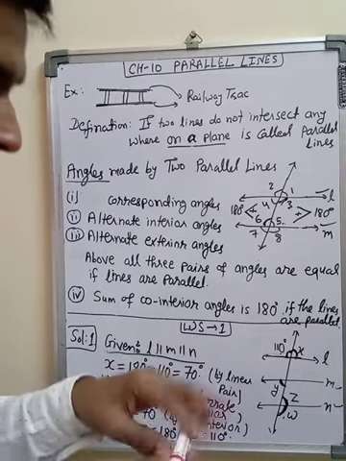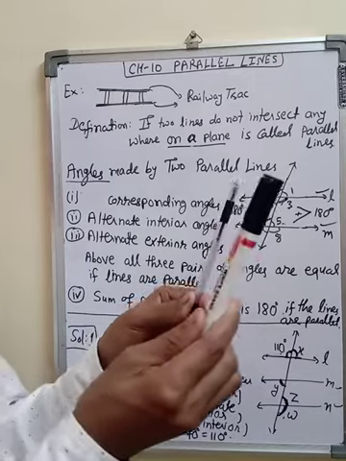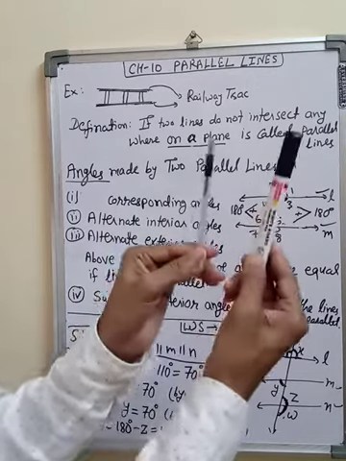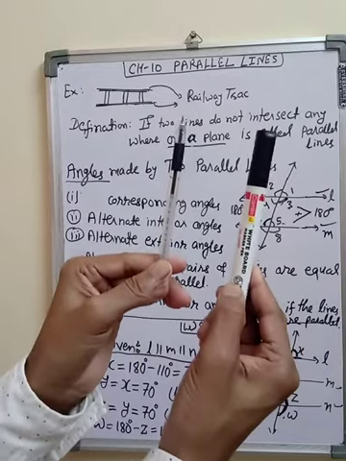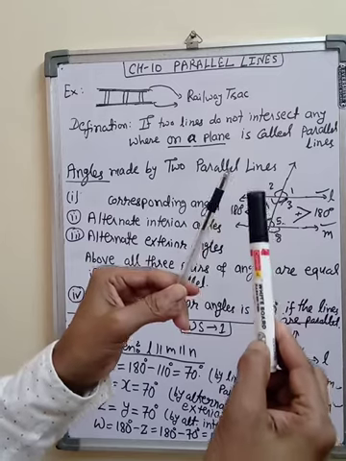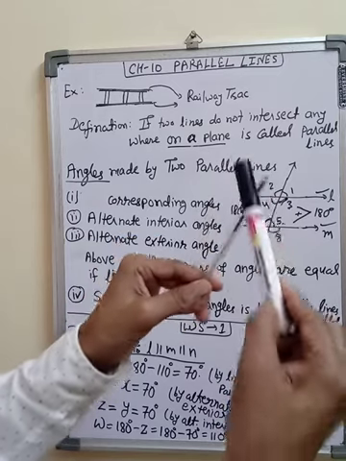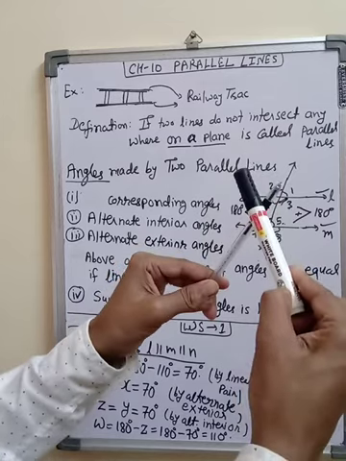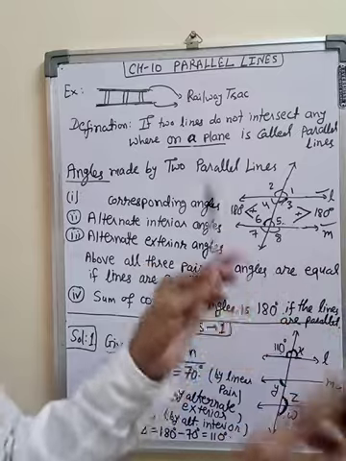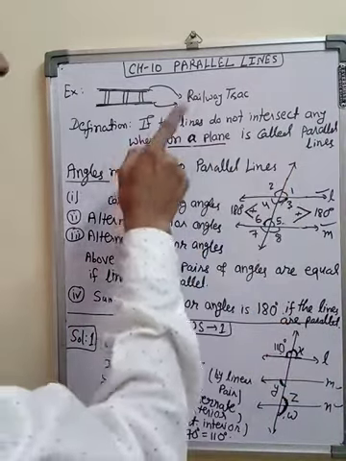You can see another example of this: this pen and this marker. These two are also parallel lines because when you extend them, they do not meet. Now see this situation: these are not parallel because when you extend them they will meet each other, they are cutting each other. So these are some examples of parallel and non-parallel lines. I have already written the definition here. You learnt this in class 6.